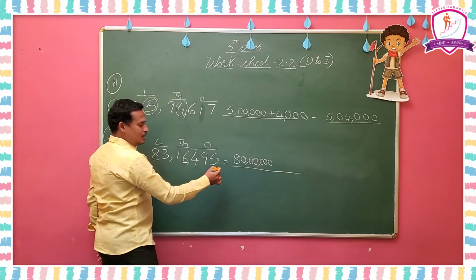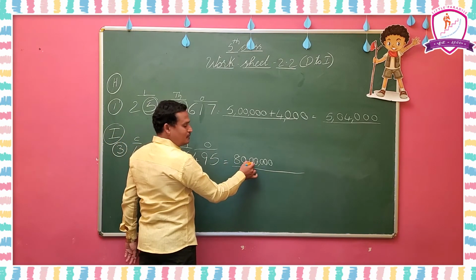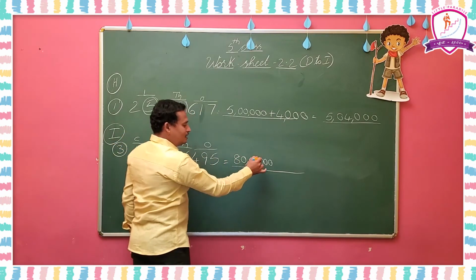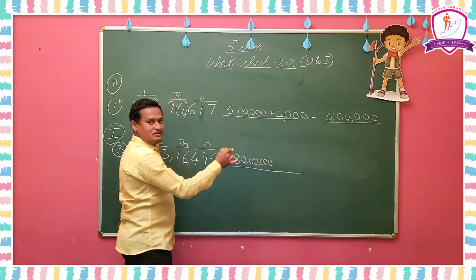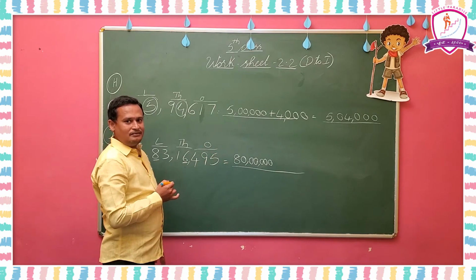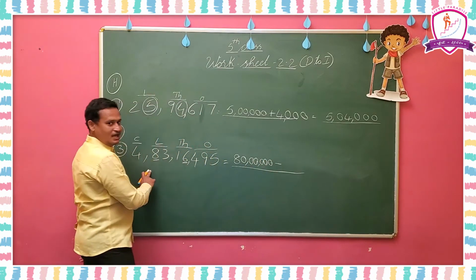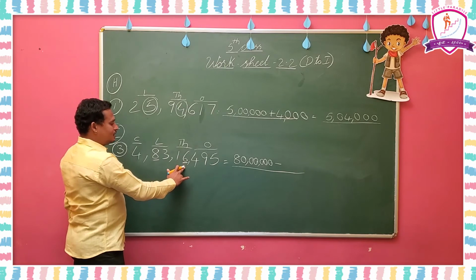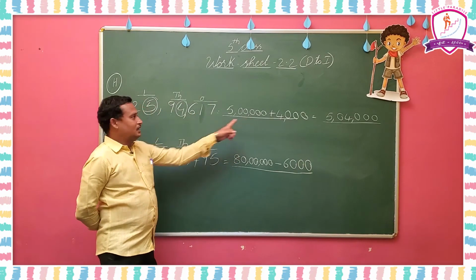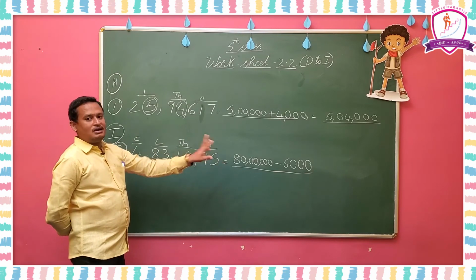When you are writing the place value 80 lakhs, after the comma, in the thousands period, 2 digits will be there. For those 2 digits you put zeros and put a comma, and for tens, ones, hundreds, 3 digits will be there in the 1's period. For those you keep 3 zeros. If you write like that, no mistake will come in your answer. Understood? And we have to subtract this place value and this place value. Here 6 is in the thousands place, so we write 6,000. In H Roman we added the place values, but here we are going to find the difference, which means we have to subtract.